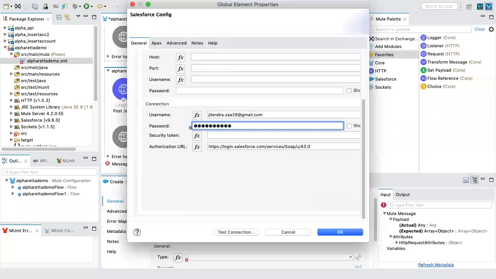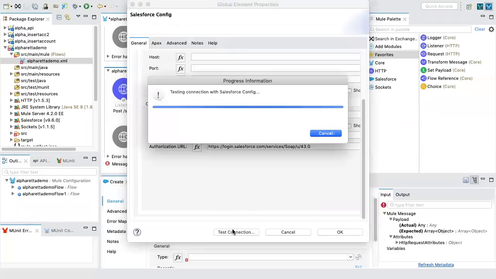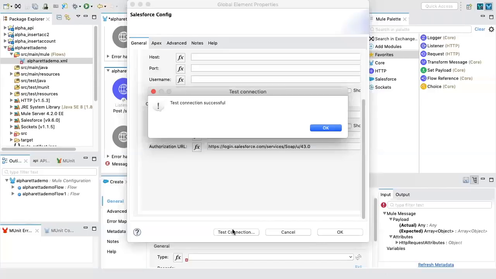My login IP range is throughout the world, so I don't need a security token. But if you don't have a login IP range, you need a security token. I will just test my connection. My Mulesoft locally is trying to connect to the Salesforce server and making sure that my credentials are right or not. If you see test connection is successful, that means my Mulesoft just got connected to Salesforce.